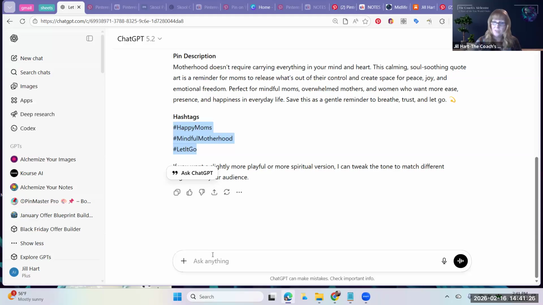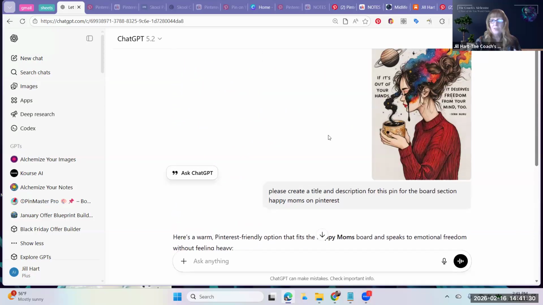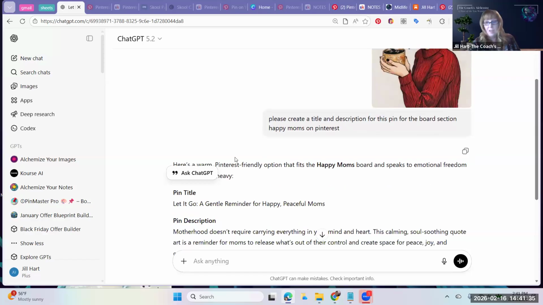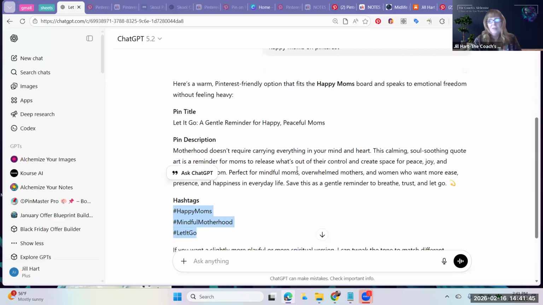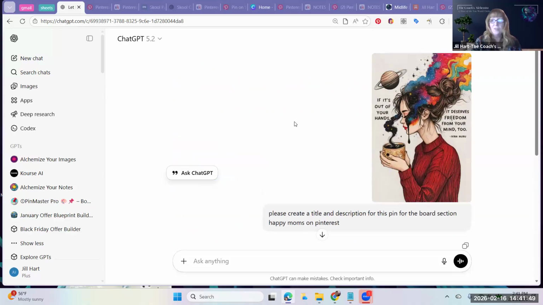And if you want to pin it yourself, just do what I did here. You drop the pin back in there and say, create a title and description, and tell it which board it's going on to, so that it knows how to do the SEO correctly for you, and then copy and paste. Super simple and not having to do more things.